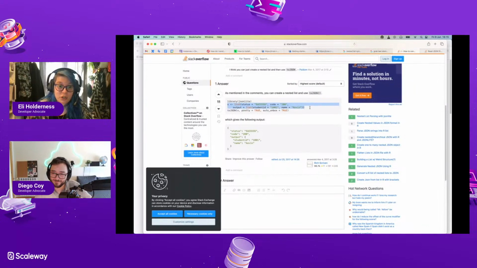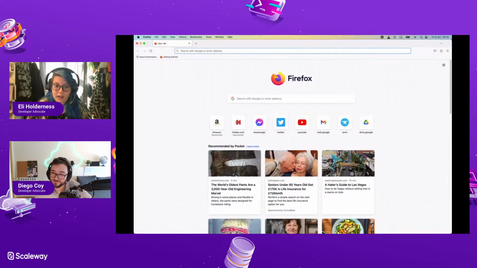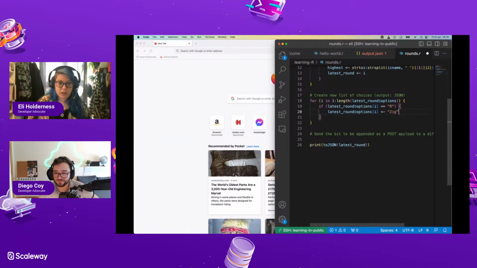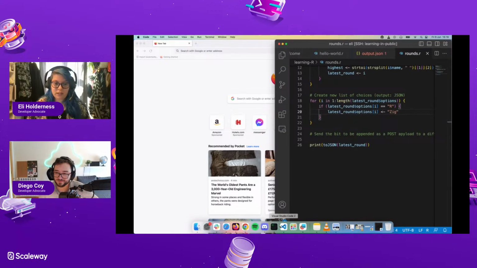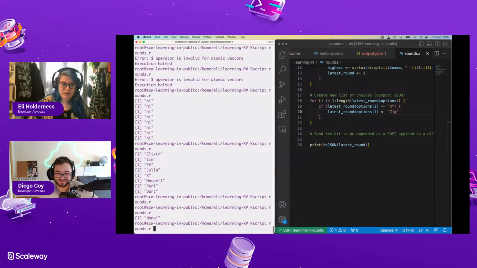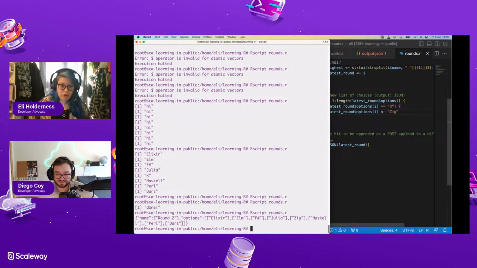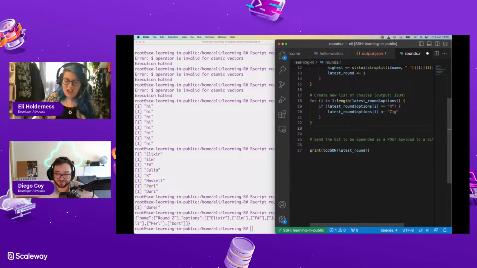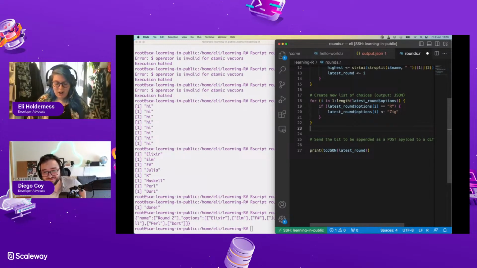Ah, you literally just do that to JSON. So I literally just do, right, if I print out, and I already have the package imported even. So if I just do print toJSON latest round, let's see what it does. And I get rid of that done because I know it's worked. Hopefully, if it hasn't, I'll see it in the next round of output. That looks right, doesn't it? Except, no, it's not right yet. The round name. Exactly.